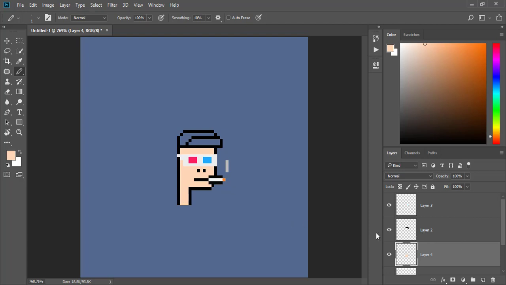Let's add a hat color. Select this layer and